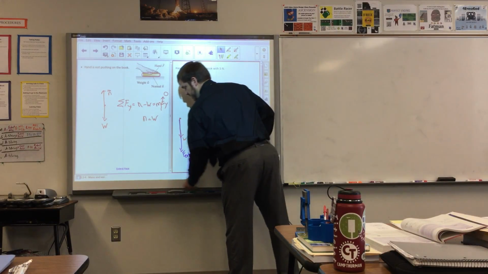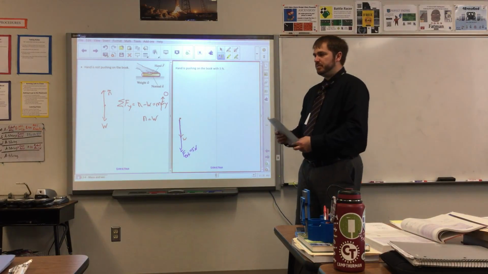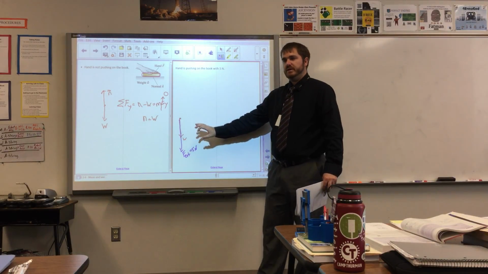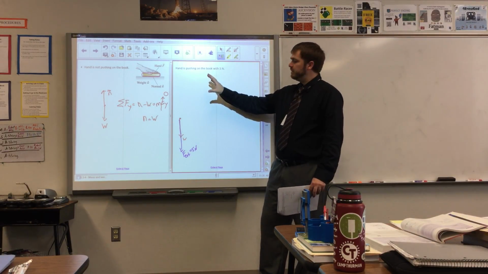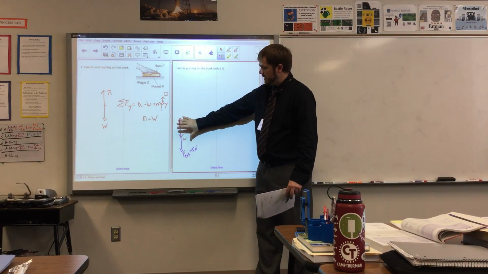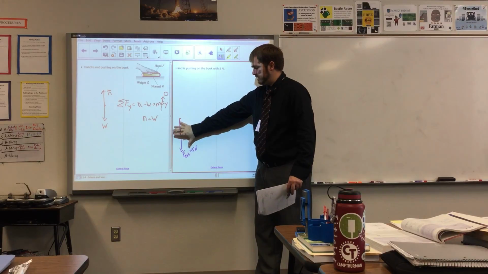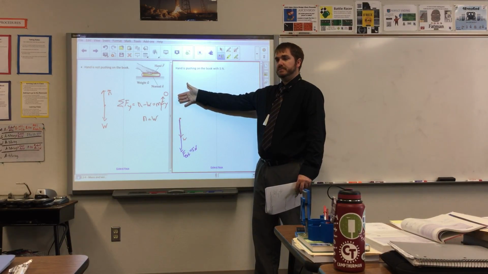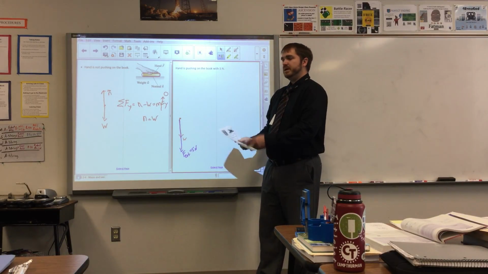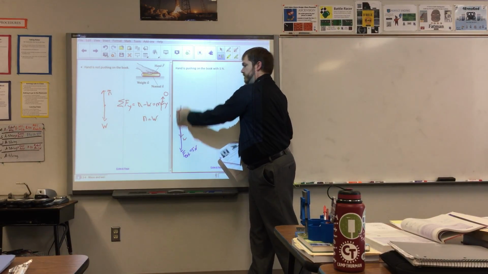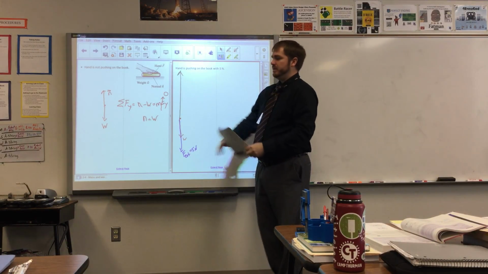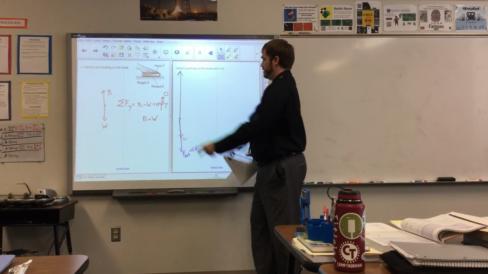All right, now what about the normal force? Obviously it's going up. Should it be shorter than the weight, longer than the weight, or about the same as the weight? Longer than the weight, okay, how much longer? The same amount as the external. Yeah, so should I just reflect that external force? So here's the question. You would combine them, okay? Because this normal force has to be going up exactly the same amount as both of those things going down.